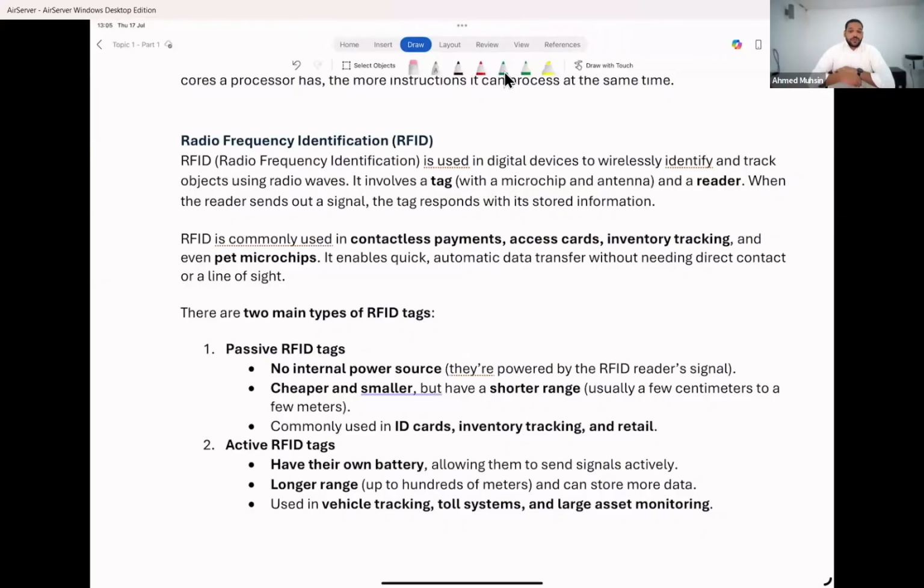So all of you all, in today's world, RFID is being heavily used. Okay, I'm going to give you all some real life examples where RFID is being used in today's world. Can you guys first read that first paragraph for me? So radio frequency identification, radio waves are used to identify, is used in digital devices to wirelessly identify and track